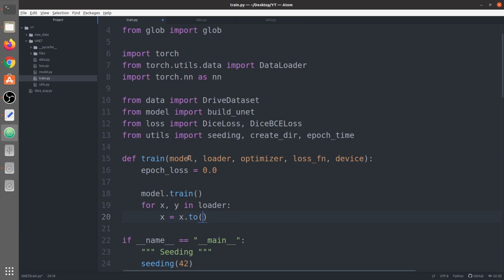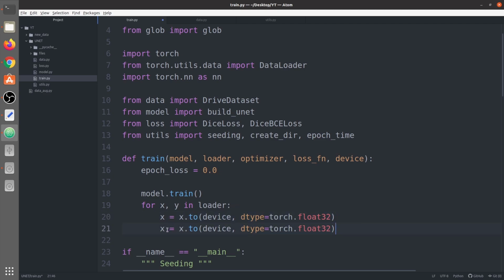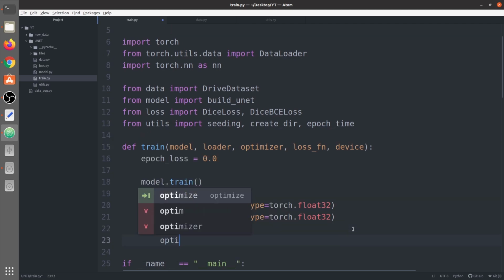So we're going to say x.to device, and dtype equals torch.float32, and same we're going to do with y, that is the mask tensor. Instead of x we're going to write y here. Next is the optimizer.